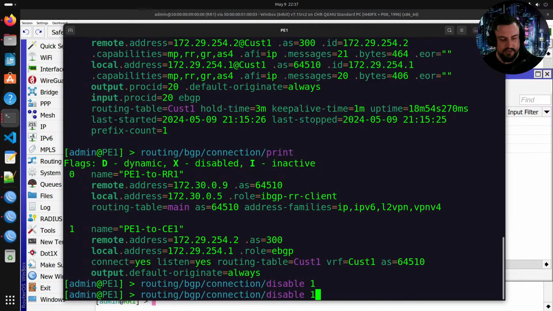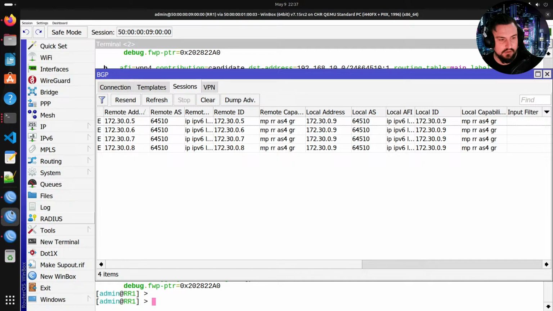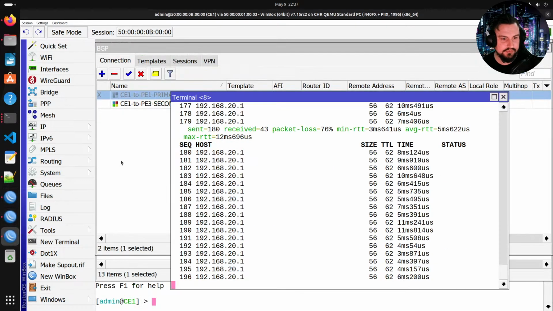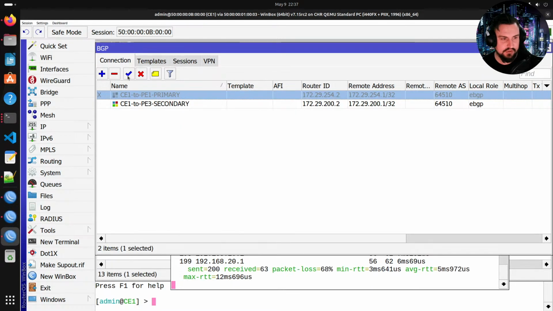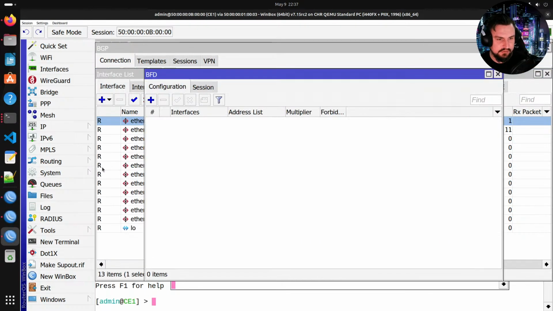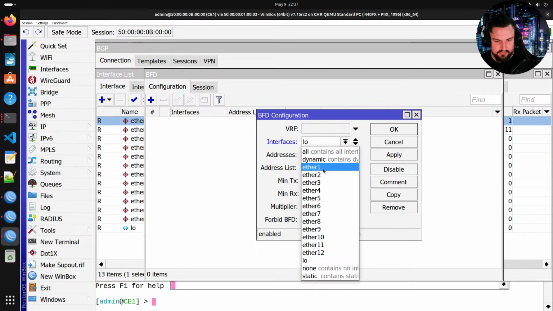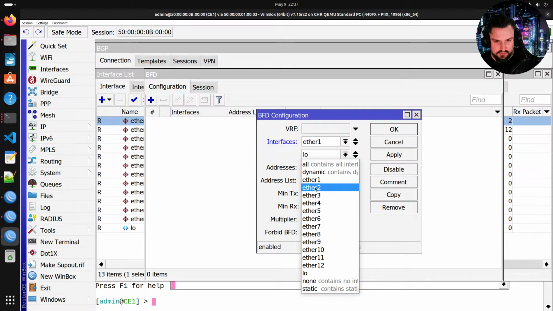So let's just re-enable this. Enable 1. And what I could potentially do is also just enable this session, enable the Ethernet 1, and let's configure BFD. So BFD we can just add very easily by going routing BFD, add our configuration. So this is running on Ether 1, Ether 2,